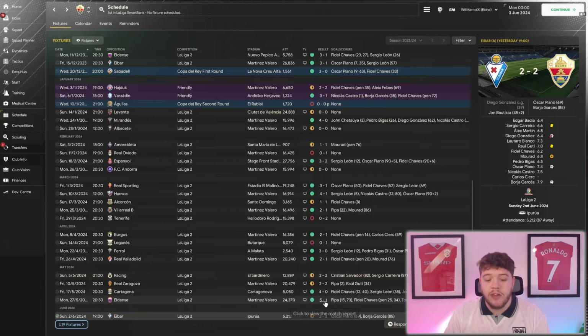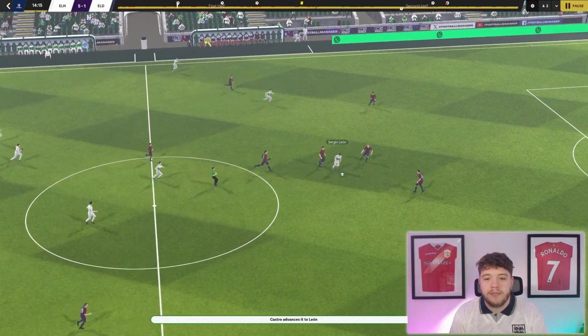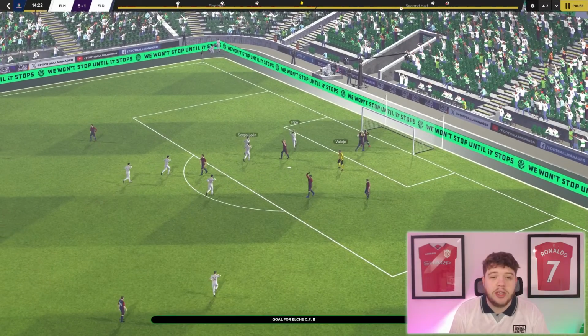And I'm going to show you this 5-1 game here against Eldense just a few days before the end of the season. Right then, here we are. Then we've got Castro in the CAM, finding Sergio Leon. A great run through the middle with Pippa, and that is exactly what you're going to see a lot from